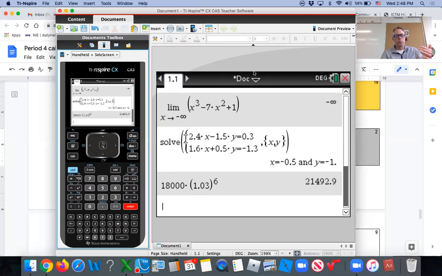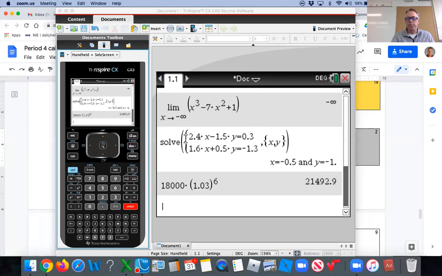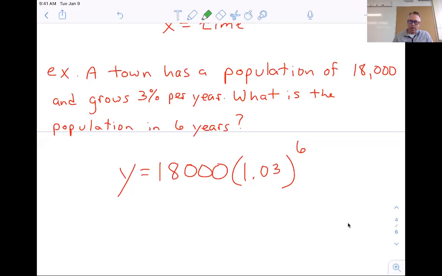Well, we're talking people here, right? So instead of 0.9, you're not going to have 0.9 people. Let's call that 21,493. So our population would be